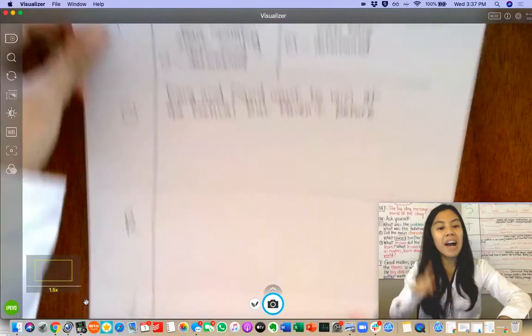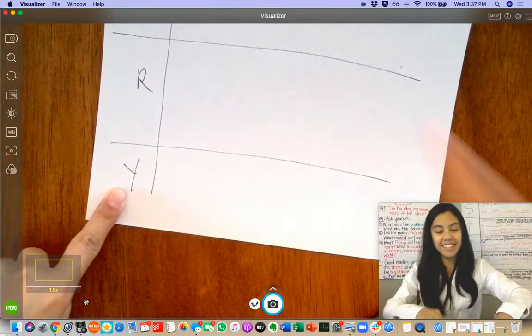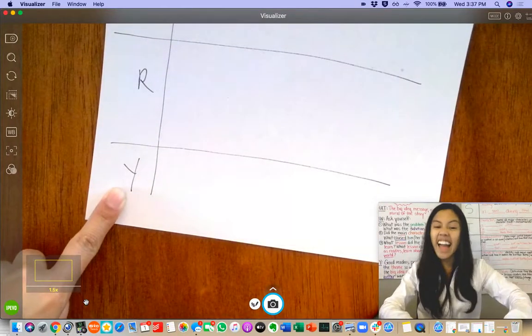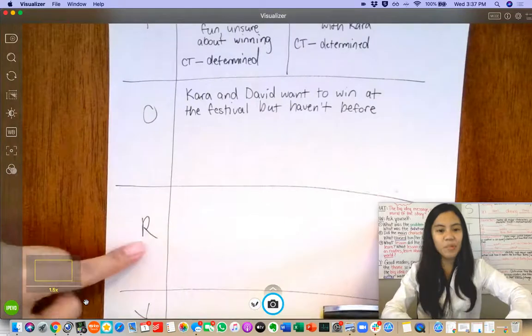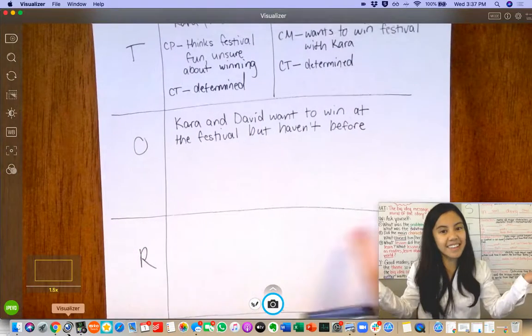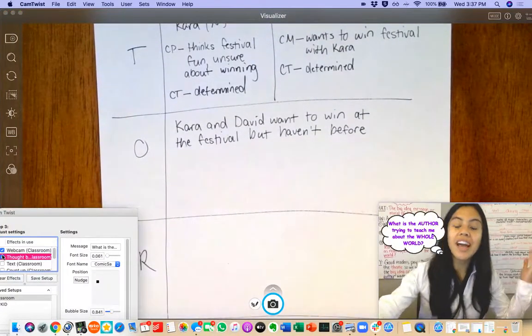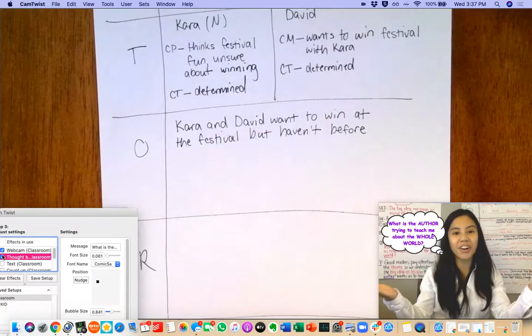Thinking about what the characters want, how they'll try and get it, and what lesson did they learn at the end? Then what can we as readers learn about the whole world?